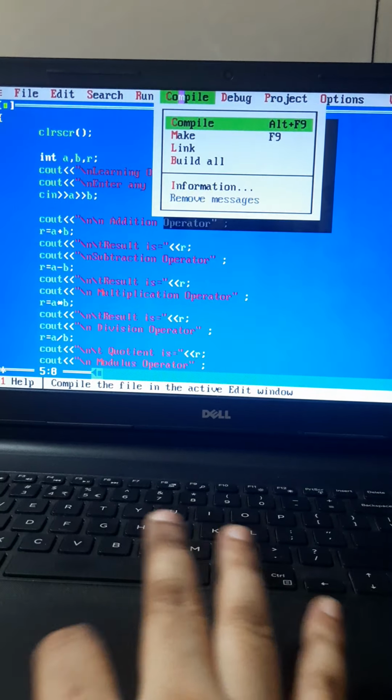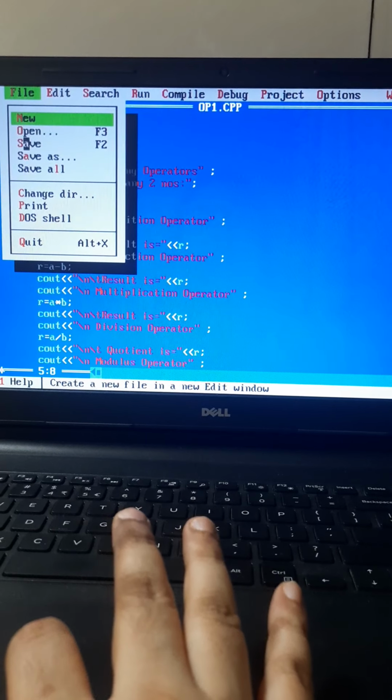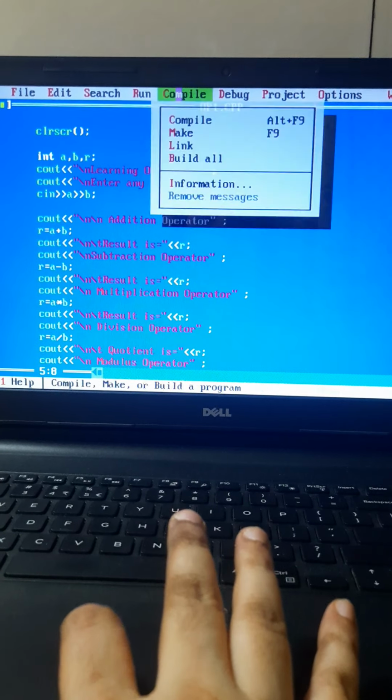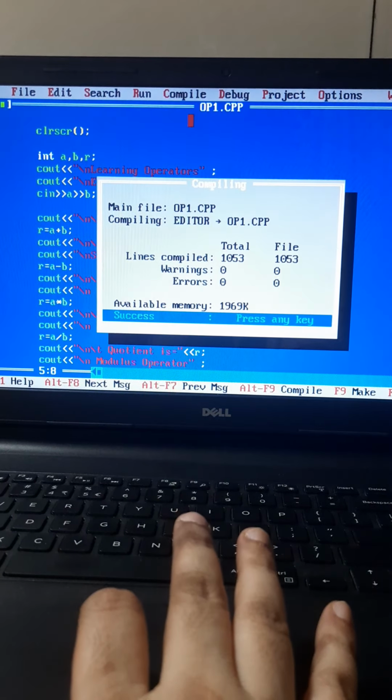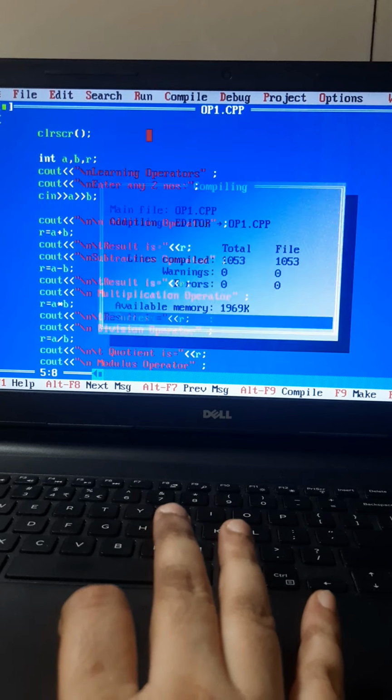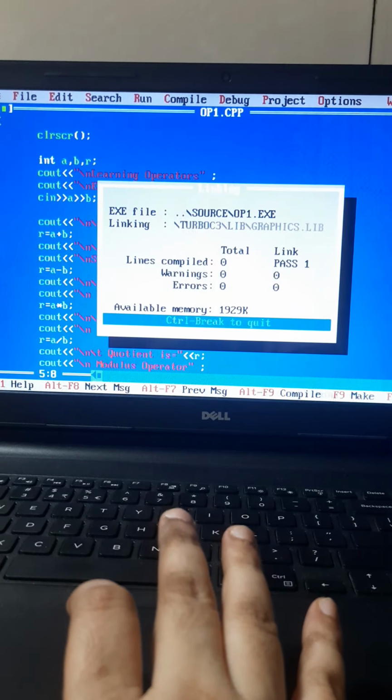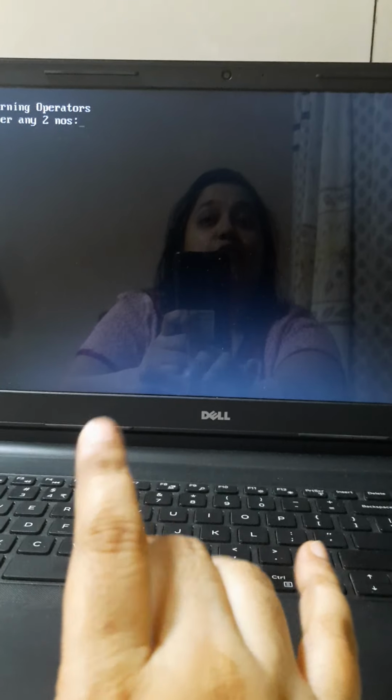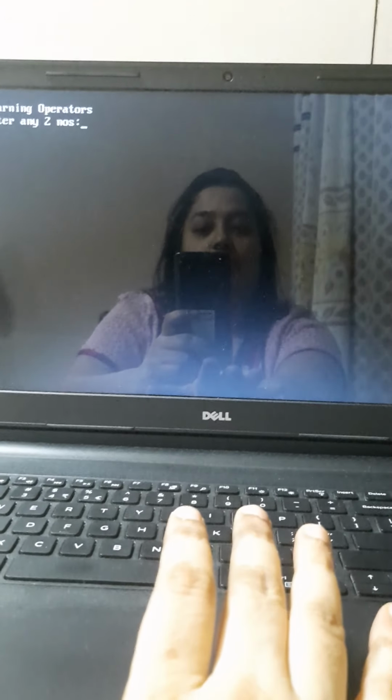Now we have to save it again because we have made changes, then compile and then run. As there is no error, we will execute. So just see, there is no hello world or any other previous output.